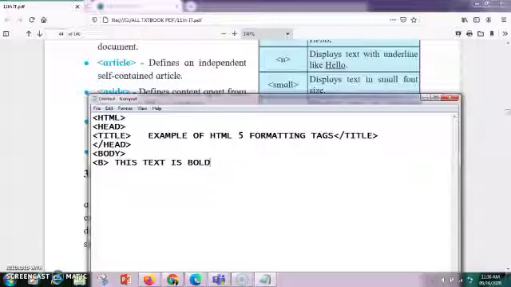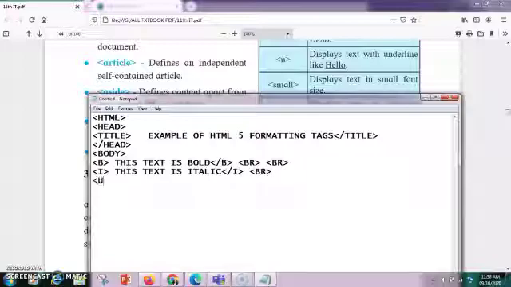Whatever you write in the B tag will be displayed as bold. Then I'll be using a BR tag. We use the BR tag to break a line. If I want the next line to come on another line, I'll use a BR here. Next is the I tag. This text is italic. Now I'll end the I tag, and then I'll use the BR tag.